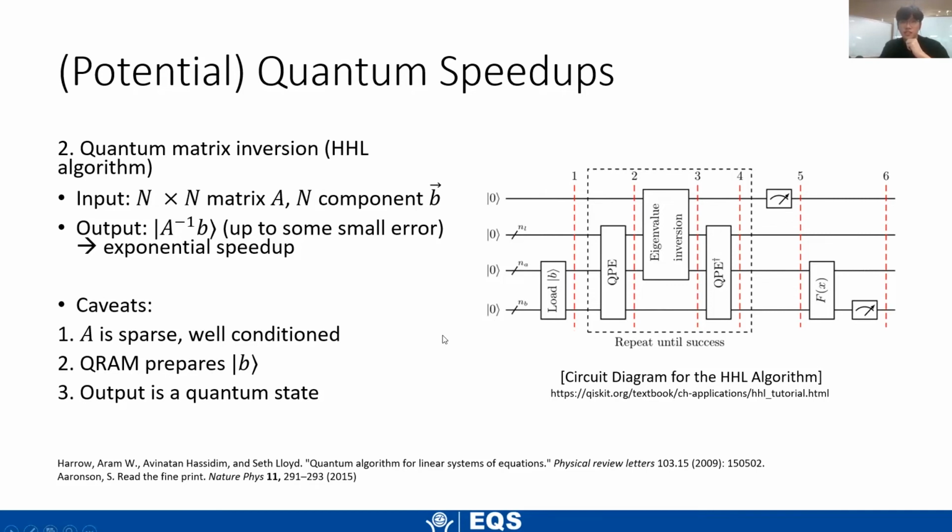The reason that I wanted to talk about this algorithm is that there are sometimes caveats to quantum speedups. In order to do this, we need QRAM, and we also need to be able to think of some nice measurements. Whenever we talk about quantum speedups, we always need to think about the conditions that we need to satisfy. For this algorithm specifically, QRAM is difficult to implement, and these QPE circuits will also be difficult to implement. So we won't be able to use this in the near future.